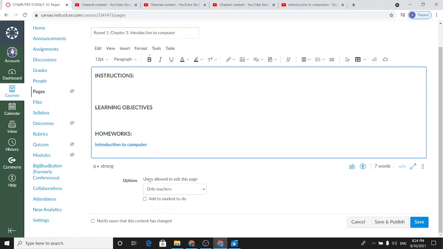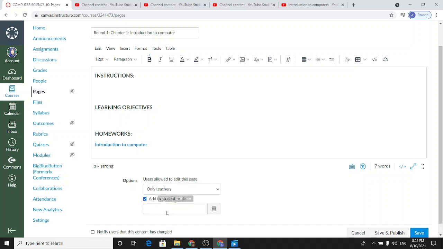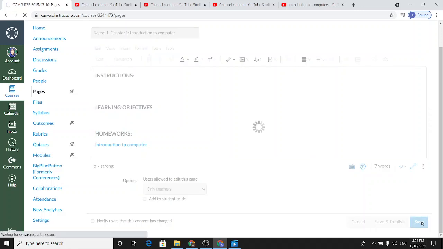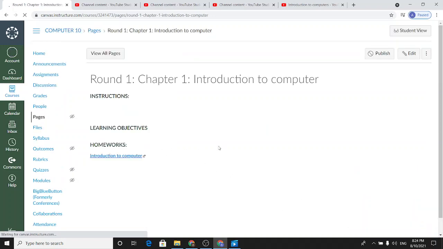Now choose which users are allowed to edit this page: only teachers, or teachers and students, anyone. So select it as teachers. Add to students to-do list: when you click on this, it will appear on the students' to-do list, but if you close it, it will not appear. It will appear only in the area where you have created it. Now save it. You can publish this,